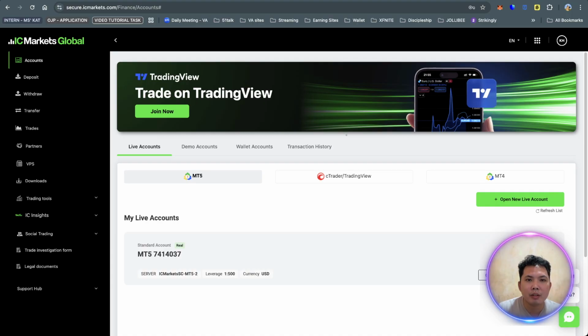So what we're going to do is, yes, you need to log in to your account on the IC Markets Global website. And then if you encounter some problems or technicalities, like you forget your password, you don't know what to do, like how to withdraw, deposit, or anything, all you need to do, guys, is you can see on the